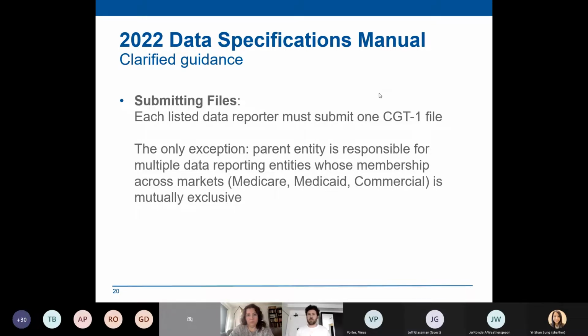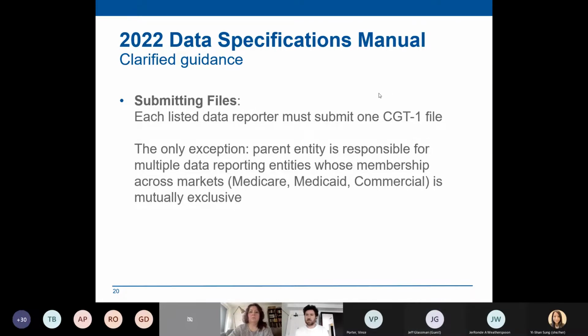So hopefully a little bit of clearing up there. If you think you're qualified under the exclusion list, or the exception that I just mentioned, but you're not sure, go and reach out to us. We'll help you figure it out. But this applies to really only a couple of submitters, and we're just trying to make your lives a little bit easier here. Let's go to the next slide.